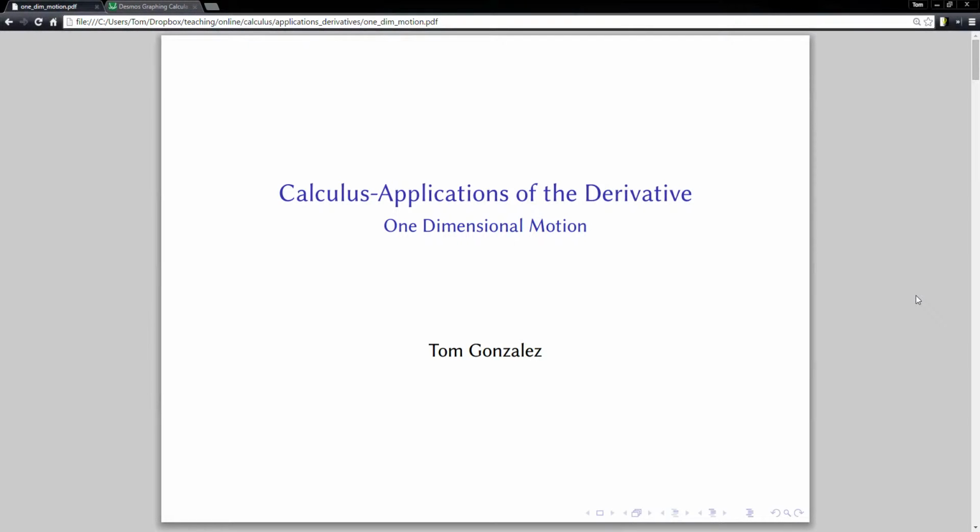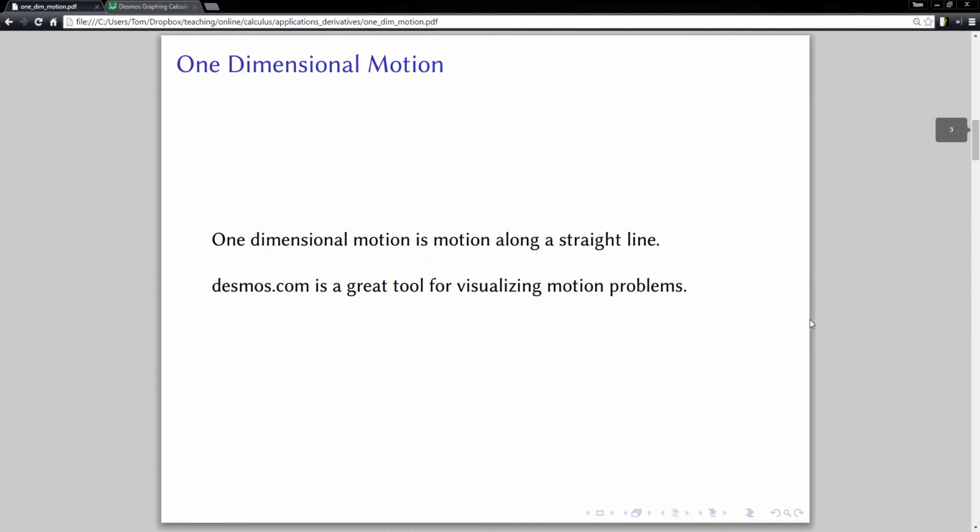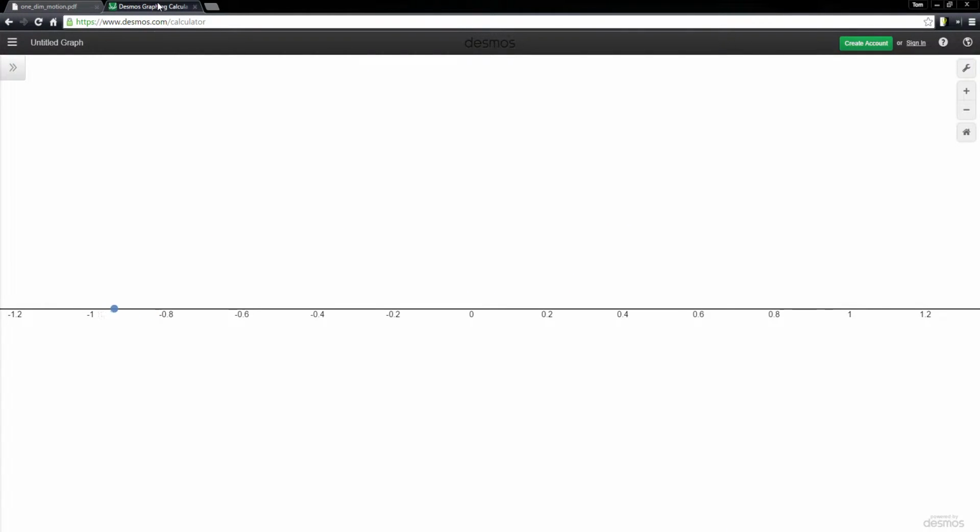In this video, we are going to talk about one-dimensional motion and some of the basic parts that we'll need to study it. Okay, so one-dimensional motion is just motion along a straight line, and that's it. And so one really nice tool that we have for visualizing these motion problems is going to be Desmos.com. And so let's just take a look at the setup that I have for these one-dimensional motion problems